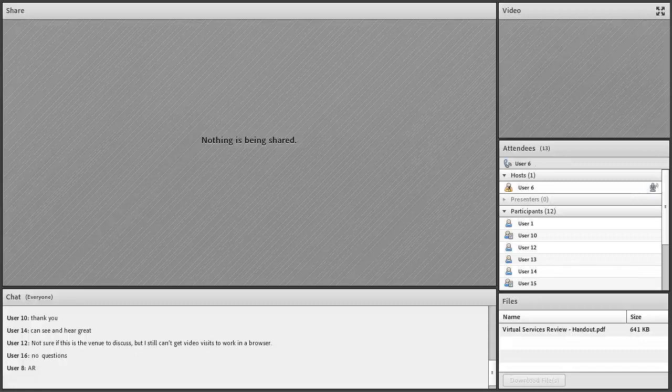So Google Chrome should also now work. Initially, it did not, but it now does. And then Safari, if you're on a Mac. So those are the only 3 browsers that will work for video visits.